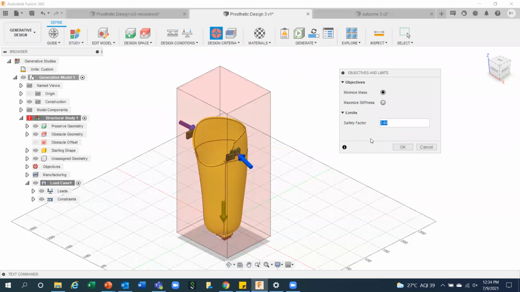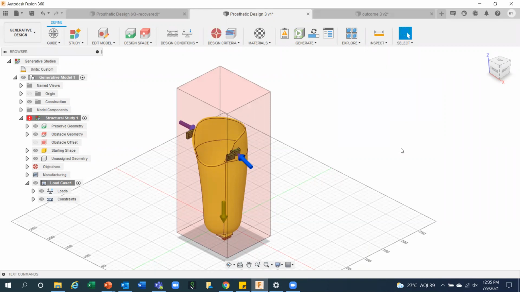That only allows you, if you are going to design a chair and you have already taken the factor of safety 2, if you're designing a chair for 100 kg person, then if a person of 150 or 175 kg is going to sit on that chair, then chair is not going to break because you have already taken the double factor of safety. Right? I am going to click OK.